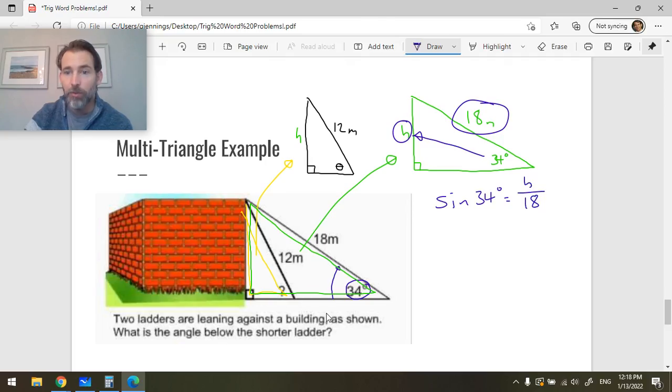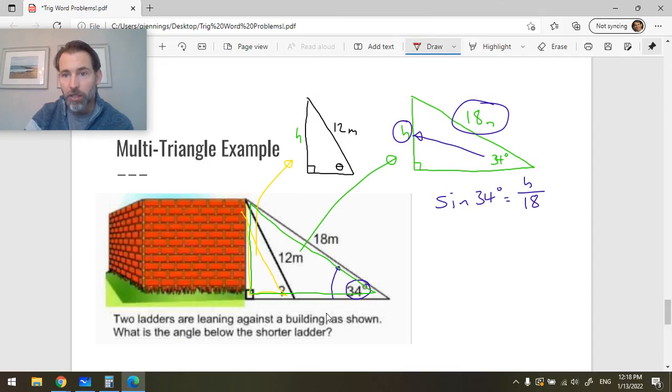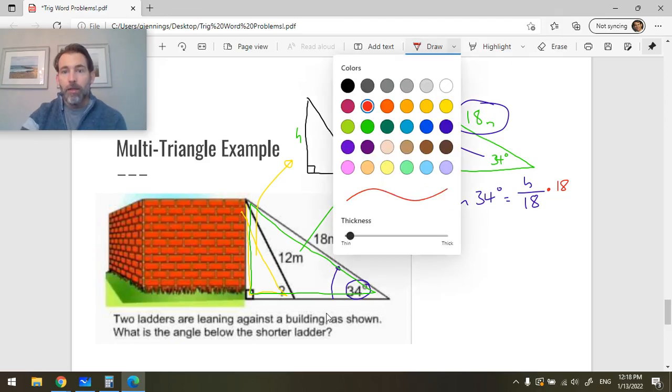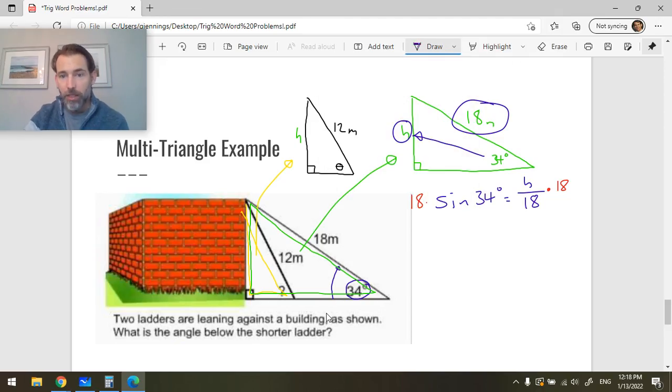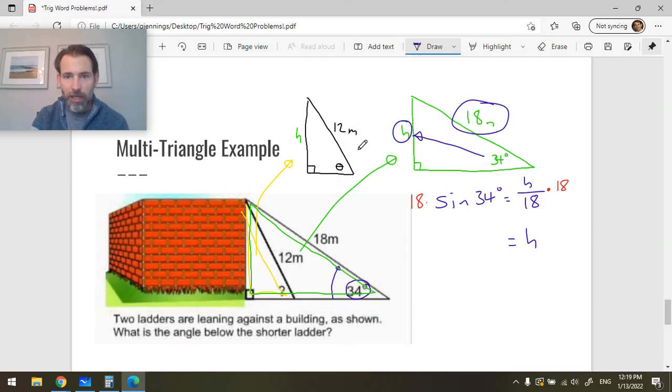So now let's evaluate h. We're going to do that by, of course, multiplying both sides by 18. And now we get 18 sine 45 is equal to h. So what is 18 sine 45? Let's find out. Now, I can't do these things in my head, but I always like to guess, okay? I am going to guess that it's